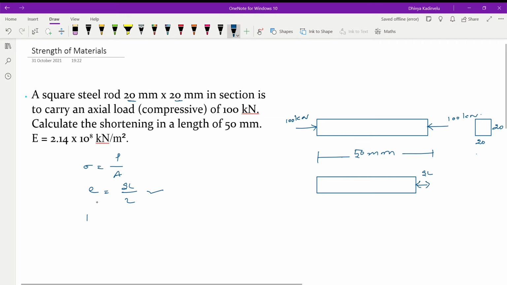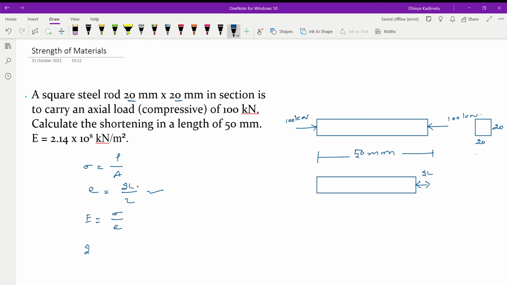Can I have another equation? Yes, you have another equation which is Young's modulus. Young's modulus is equal to stress divided by strain. Your Young's modulus value is given in the question itself, right? And the stress value can be calculated from the given data. Load is given and the cross sectional area is given, so I can calculate the sigma value. Once the sigma value and E value are known, you can calculate the strain value. This strain value multiplied by the length will give you the change in length or decrease in length, right? So I can combine these three formulas together and derive one single formula to find del L.